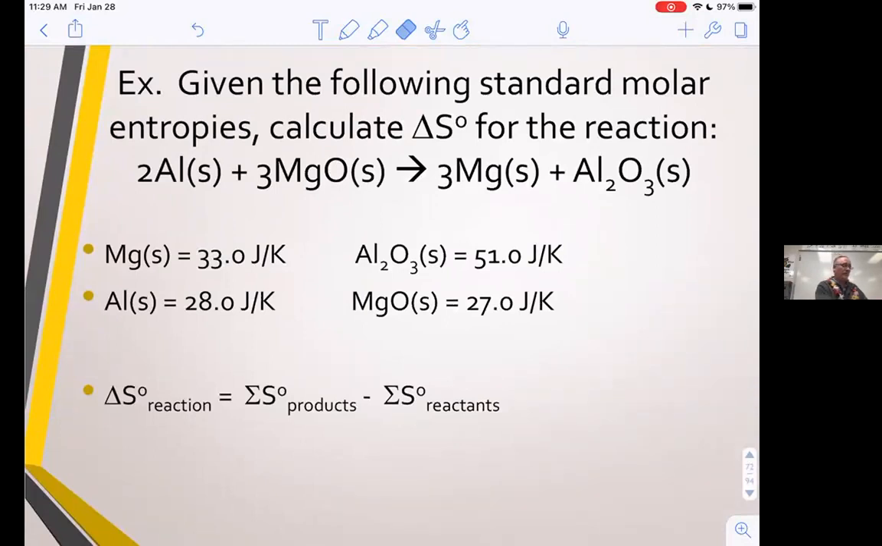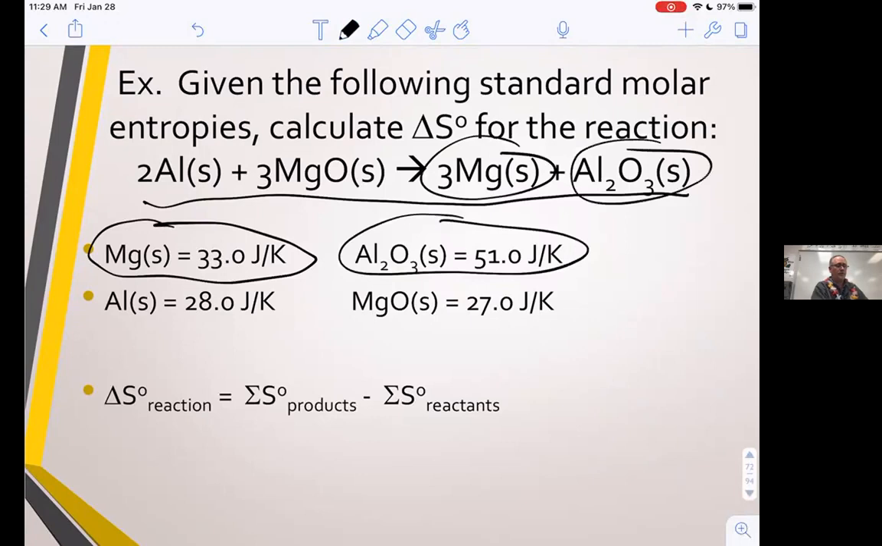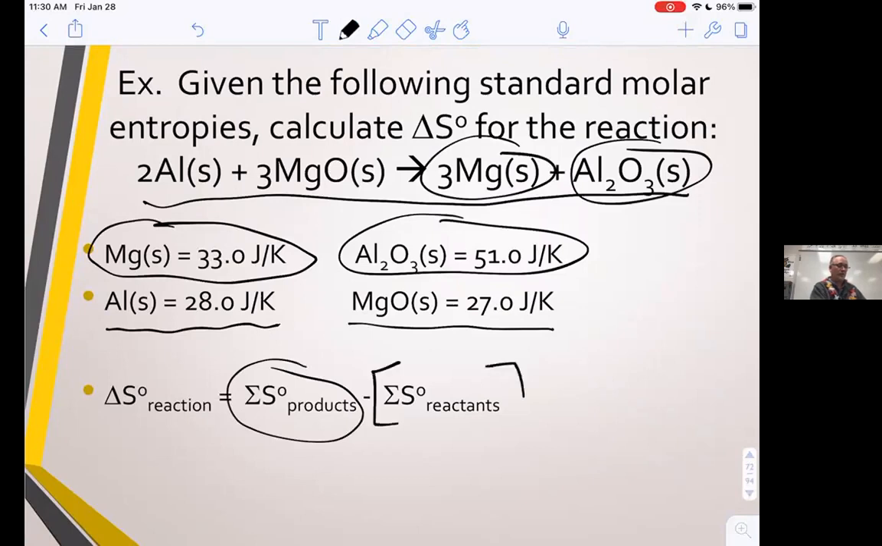You're given an equation up here at the top, and you're going to calculate the change in entropy for the entire reaction. It is done just like we did delta H or enthalpy calculations. It is the sum of the product values minus the sum of the reactant values. So if I circle my product values up here, I've got magnesium as a product and aluminum oxide as a product. I would add those two together, multiplying by their coefficients, and that would be the sum of my products down here at the bottom. And then the other two that I'm just underlining here are my reactants. I would take both of those, multiply them times their coefficients, add them together,